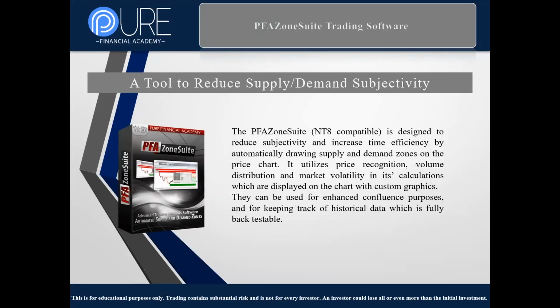There's only two. Okay. I should preface the zone suite with this: the order suite is built into the zone suite, right? It's kind of why we call them a suite. But for all intents and purposes, let's say that hypothetically I was going to go out and purchase the products, right? And I really wanted the supply and demand zone so that I didn't have to factor in any discretion, et cetera. Okay, so I would not want to purchase both. I would just want to go purchase the zone suite because it also encompasses the order suite, right? Okay, so that UI, if you will, is built into the zone suite.